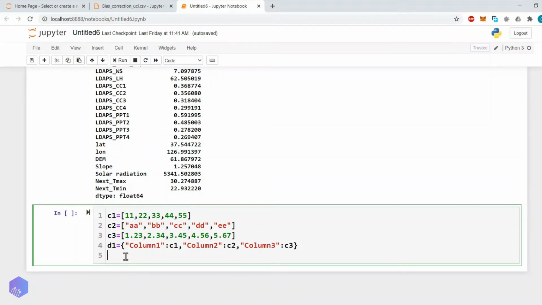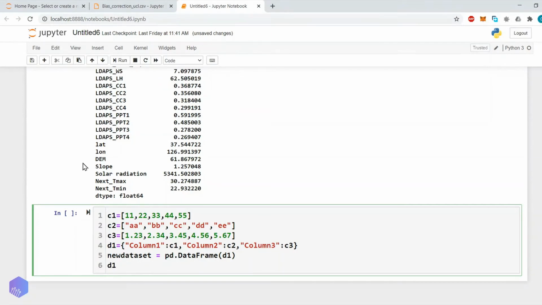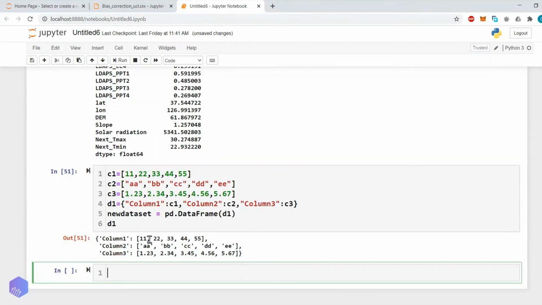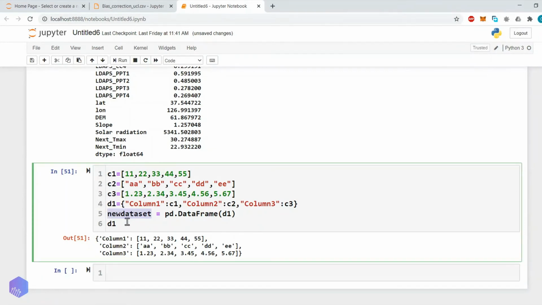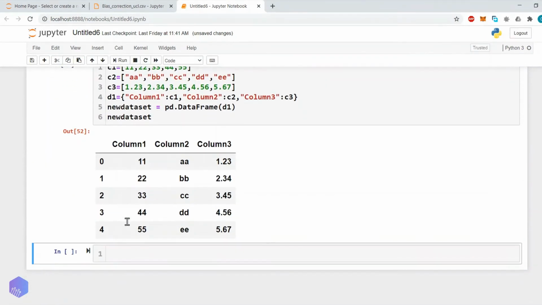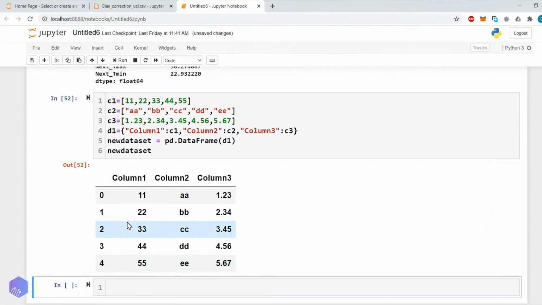How? Let me give you an example. New data set equals pd.DataFrame, and then we will pass d1 as an argument. Not d1 but new data set. So here is our data set: column 1, column 2, column 3, and in each column the values we have specified are stored.